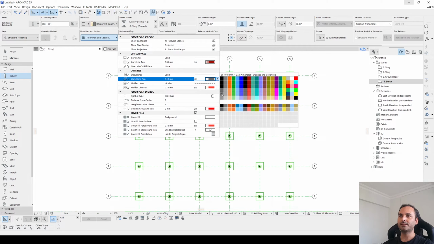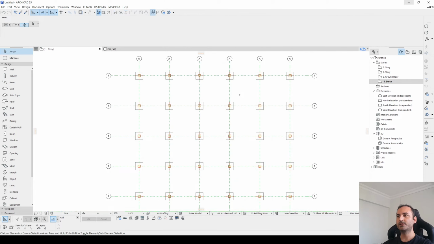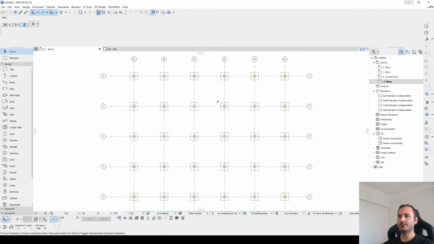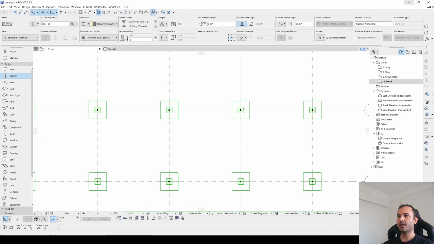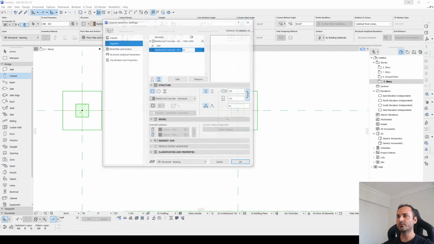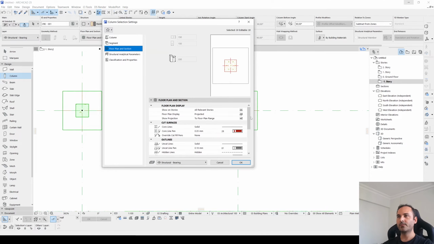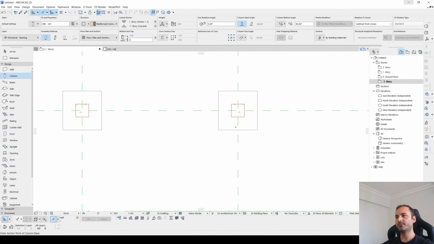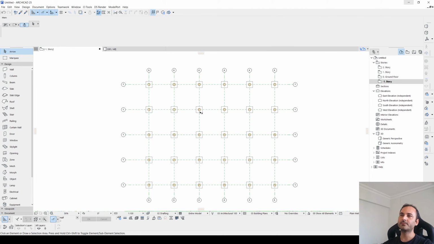Therefore, we can select this one. Now in the floor plan, we have got rid of the red lines, but we have cross symbols, cross markers. To get rid of them from the symbol type, we will select this plane, just like this.